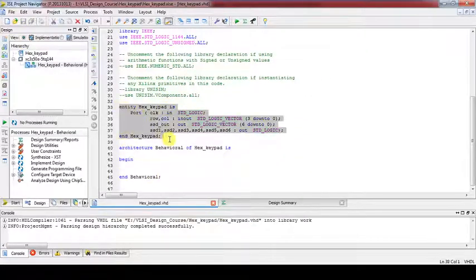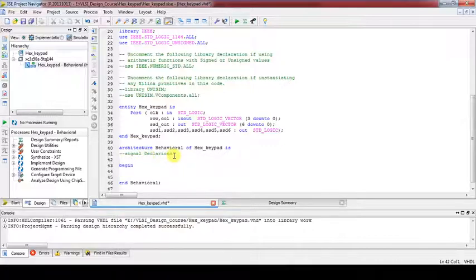The entity declaration is over; architecture behavioral of entity name is. Now here come our declarations: signal declarations, or data type declarations. I will mention them as signal declarations.